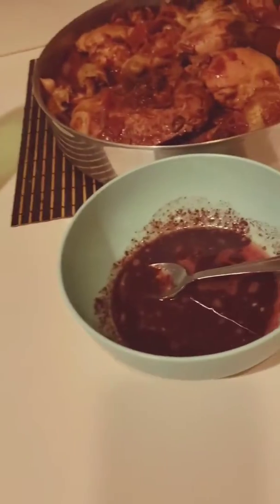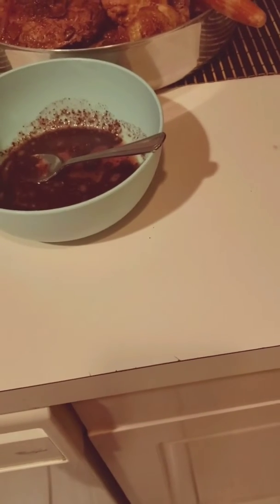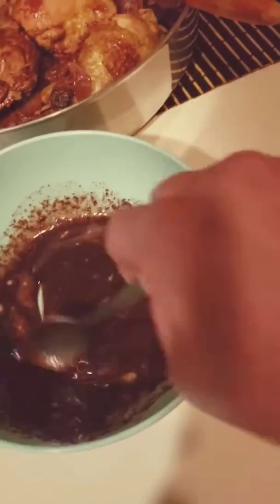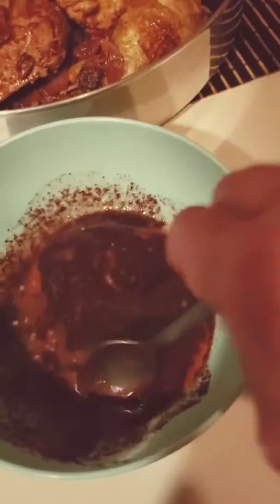Now, the minute I'm doing this, I want to get my oven ready for baking. 350. I just want it like 20 minutes in the oven down, and after 20 minutes I will let the top